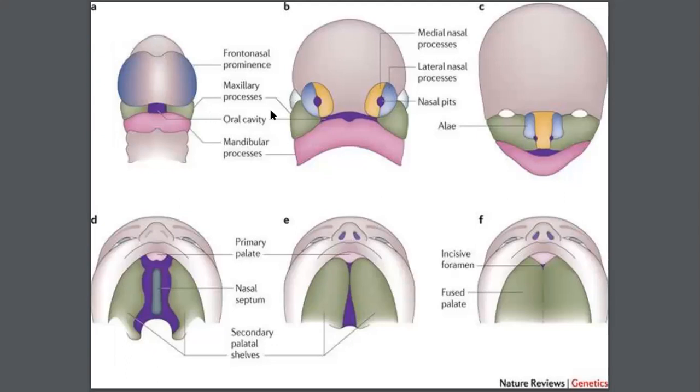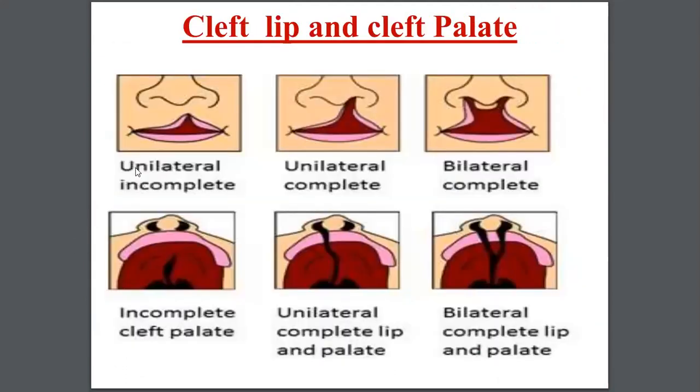These are our maxillary processes which are growing, forming shelf-like projections. They come and fuse in the midline. In that midline area we also have the nasal septum, which is contributed by the frontonasal process. This triangular area is the primary palate, and the rest of the area is the secondary palate. Then there are certain anomalies. Before we go to the anomalies,